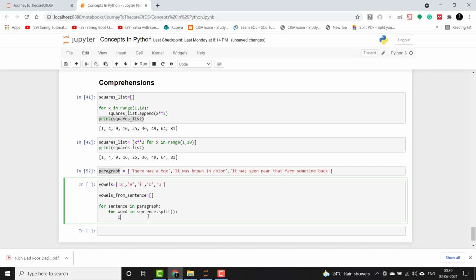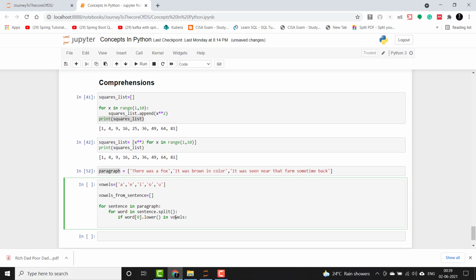Now next we need to check each word's starting character. We will convert that to lower and check, because we have lower characters in vowels, and we will check whether those characters exist in this list. And next we will append those words here.